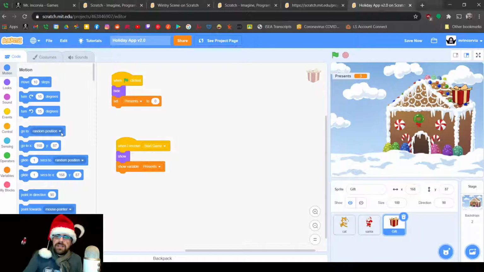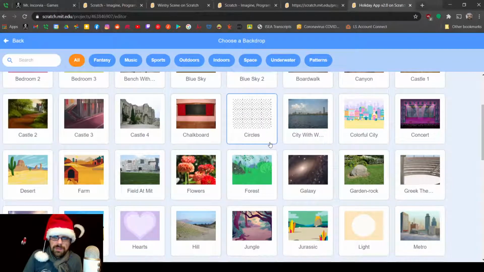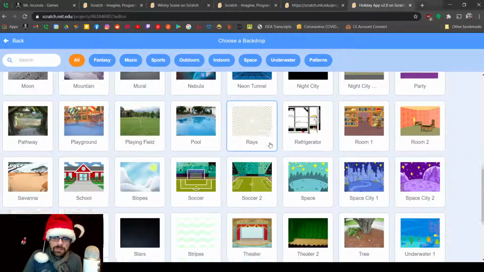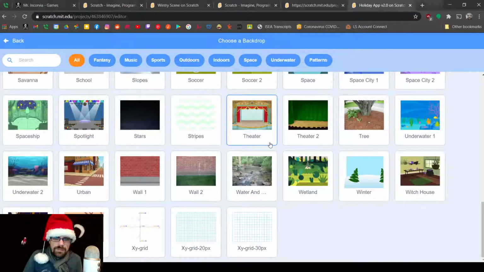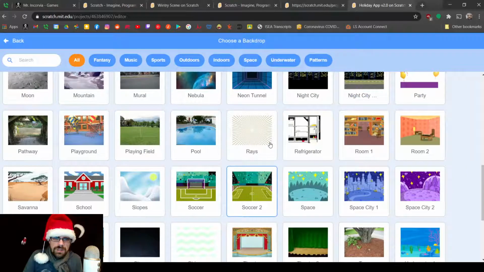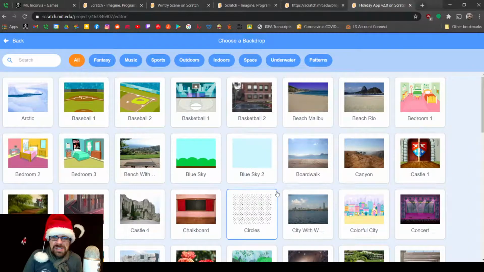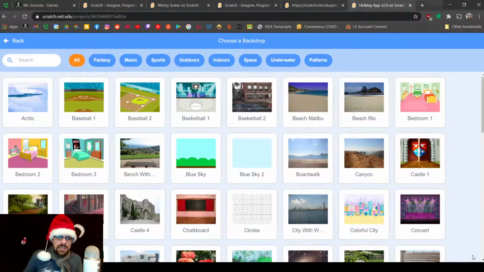Okay, so let's do a new backdrop. Is there something that looks like a factory or a workshop? Let's see. Nothing really. We can just maybe leave it the way it is. There's a jungle. Or we can just paint some kind of a new thing. We can say like,